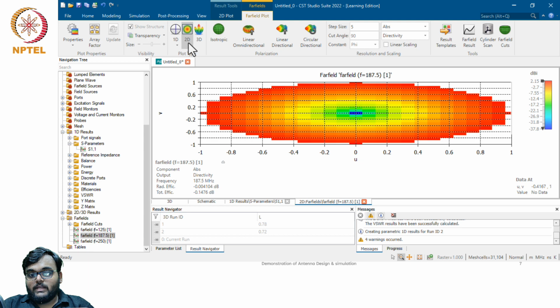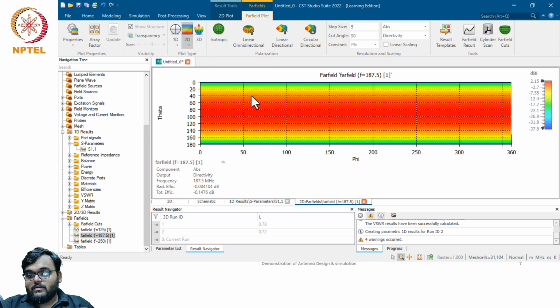Now in 2D there is another thing, which is equi-rectangular projection. Well, this is UV projection. This is equi-rectangular projection where you have theta and phi, how it's varying in theta and how it's varying in phi. And if you click on 1D,